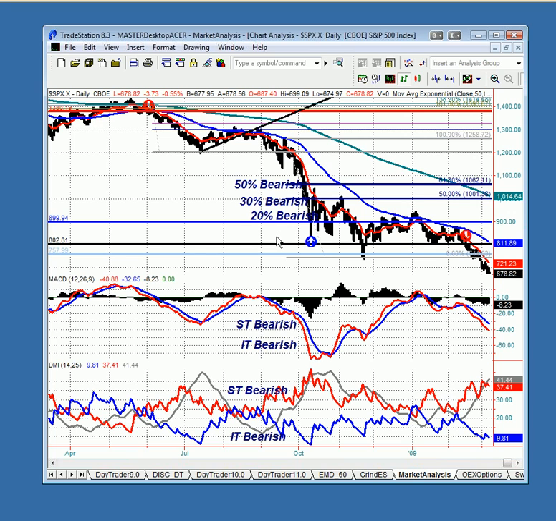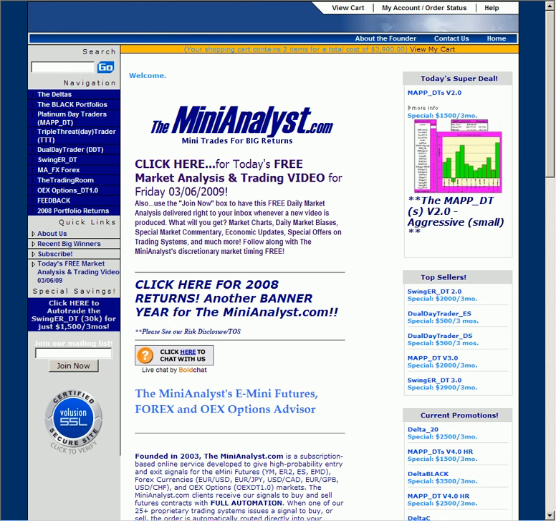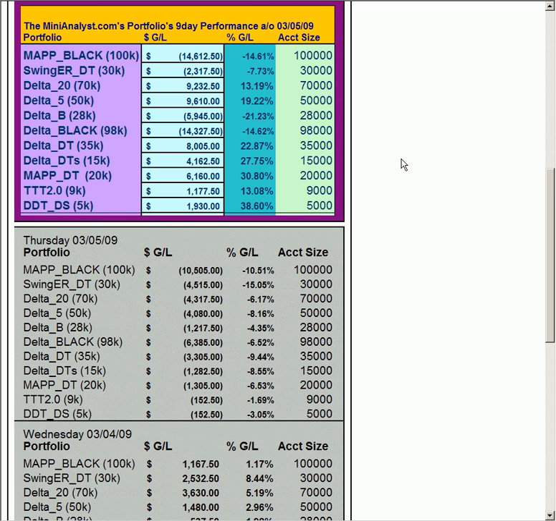Where have our portfolios been? Spend a lot of time on that. Where have our portfolios been? Here's a 9-day look. The dual day trader continues to outperform, is the leading portfolio with a gain of 38.6%. Certainly has been very choppy, but to be able to put up gains in this very extraordinarily whippy market is nonetheless impressive. The MAPDT original coming in at 30.8% over the last 9 days. 38.6% is the gain over the last 9 days for the dual day trader,